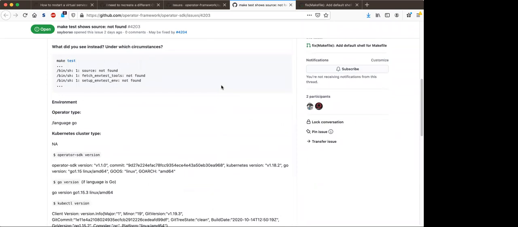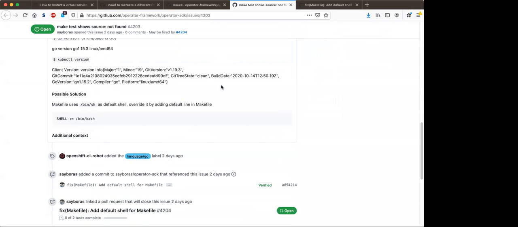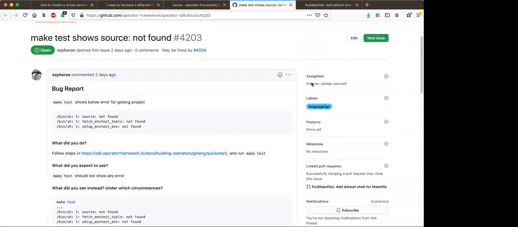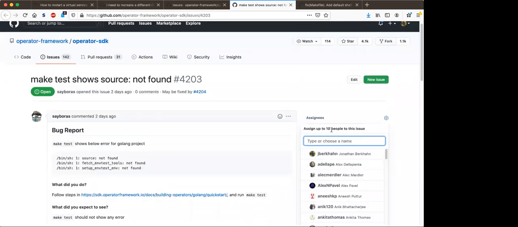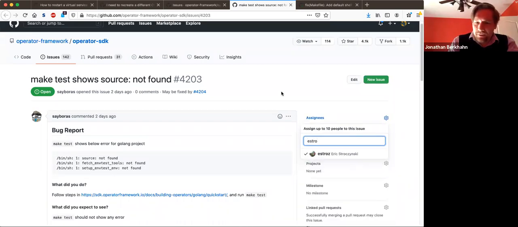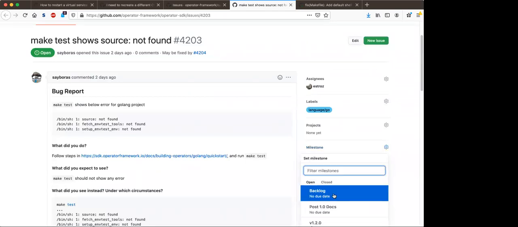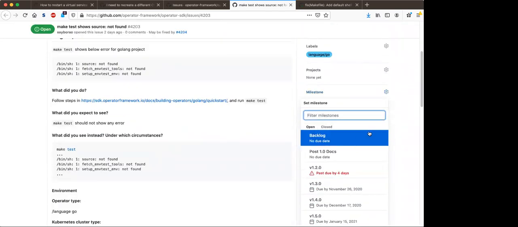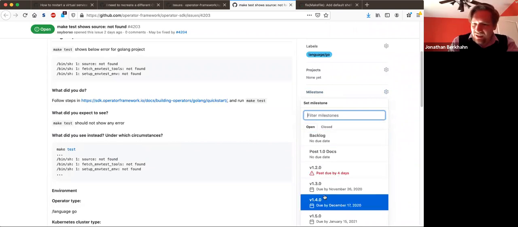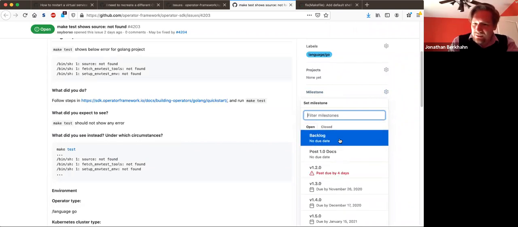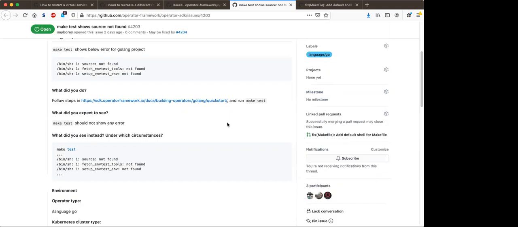Point being, this is an upstream issue, so you can assign this to me and I'll respond with the appropriate upstream links. Did you say you already opened a pull request upstream to fix it? Yeah. I don't know what it is off the top of my head though. Okay, is this like a backlog kind of thing or a 1.3 kind of thing? Yeah, it's a backlog kind of thing.